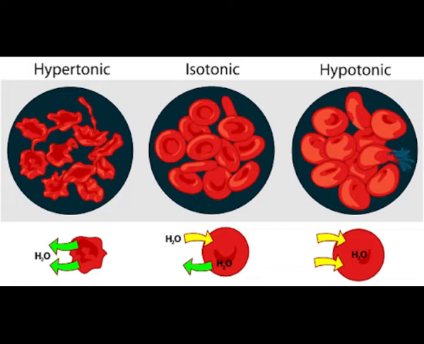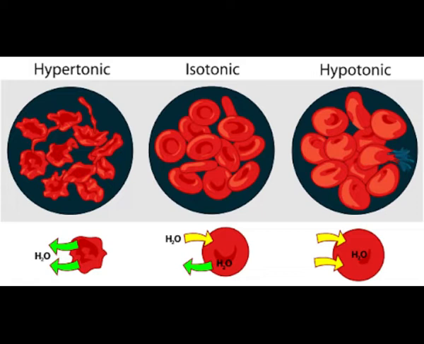You can go through the conditions, three conditions. So we see the results which are as follows. You see, number A, cell shape and size remains unchanged if the solution outside is isotonic. Did you see the figure? Isotonic solution, water entering the cell equals the water leaving it, so it is isotonic in nature.